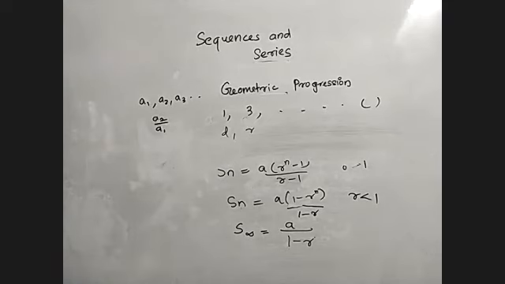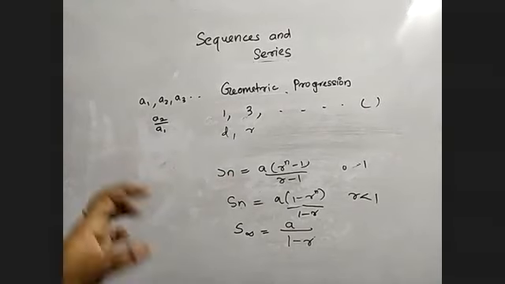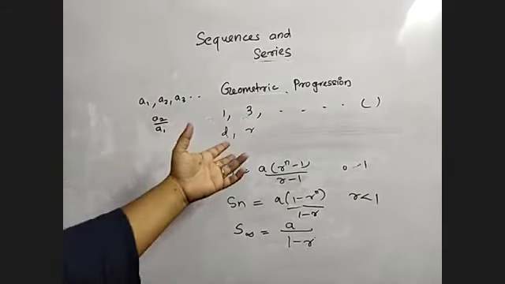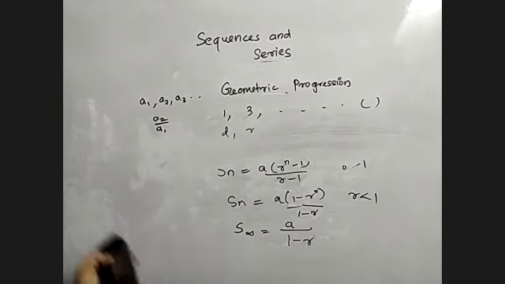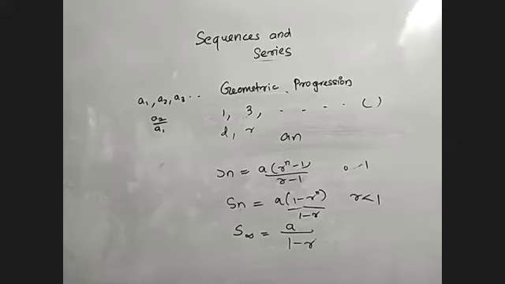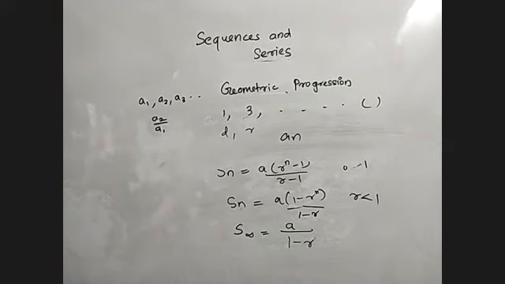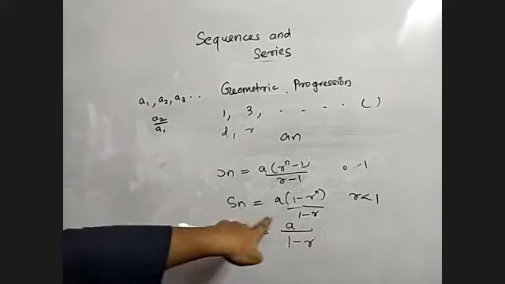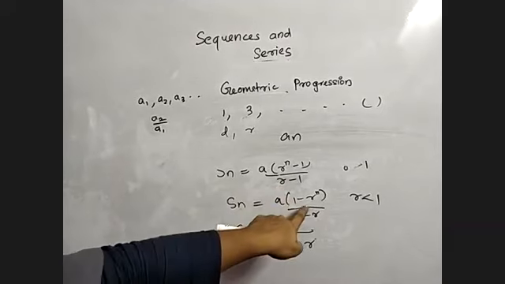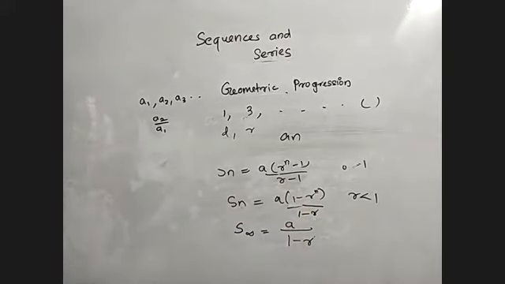At least they will give the first three terms if they are not mentioning whether it is an AP, GP or HP. Then only we will be able to understand it. If it is an AP, you will be able to find the common difference, and using the formula of an, you can find any term of the sequence. Usually they'll give the first three terms. Clear? Clear, ma'am. Okay. Or if you corrected this formula, it is a (r raised to n minus 1) by r minus 1, and the only change is in the numerator. The denominator is the same.